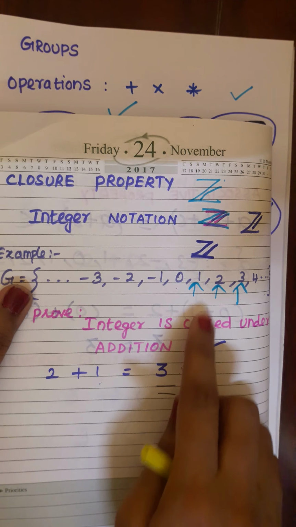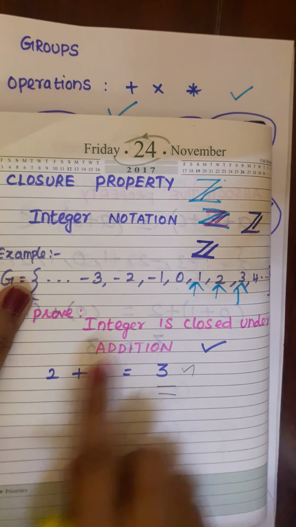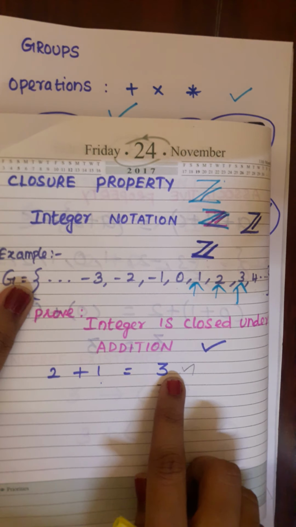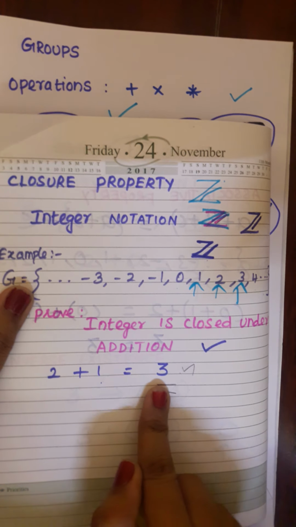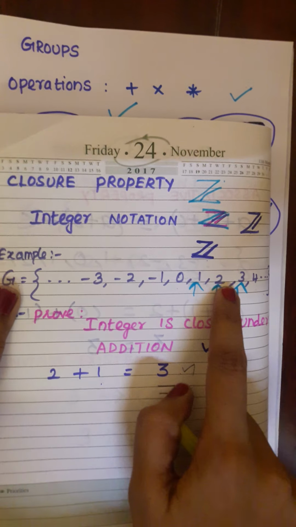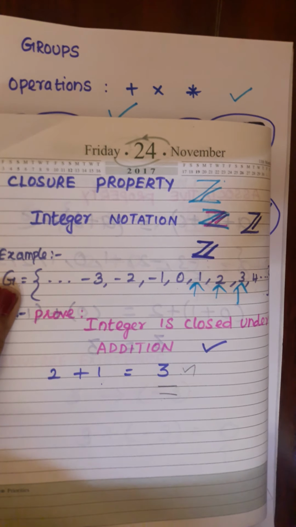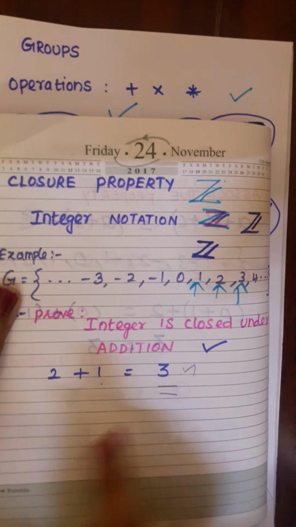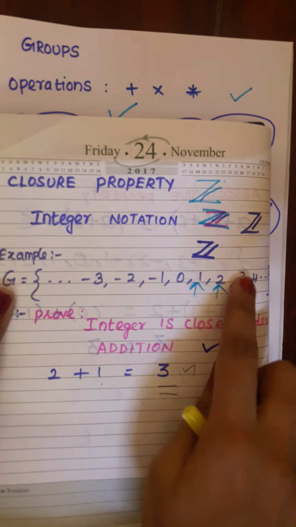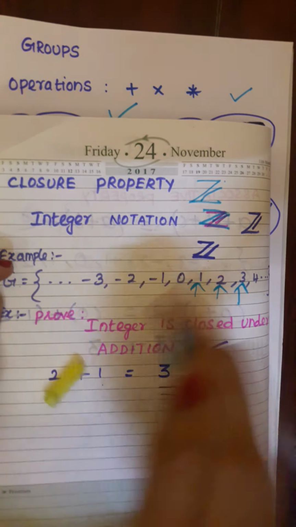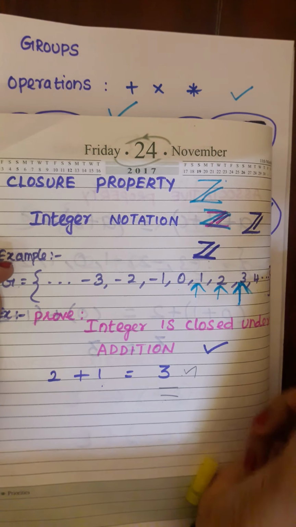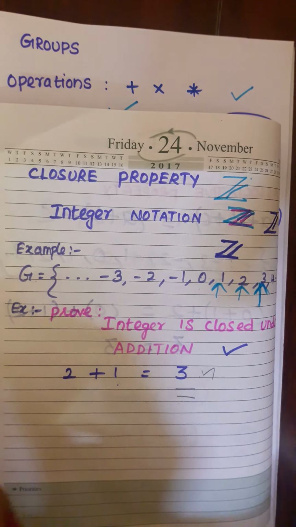I'll explain how. I'm taking 1 and 2 as the input integers. I'm getting 3 as the result. The 3 should be present inside the group and the 3 should be an integer. Both conditions are satisfied because 3 is obviously an integer and 3 is present in the group. You can see that, right? So my property is satisfied. And then